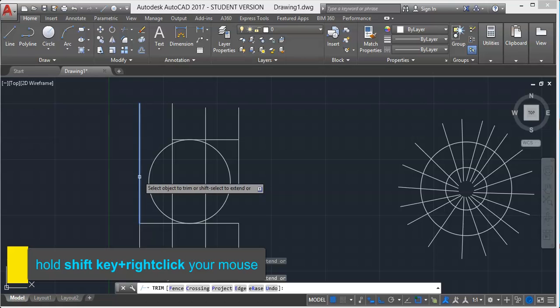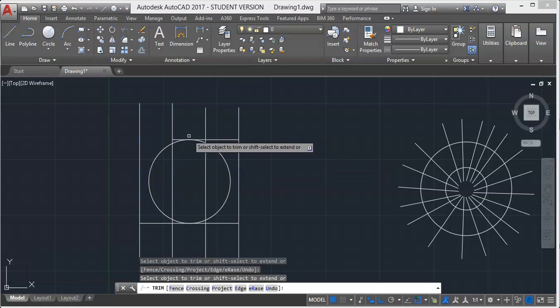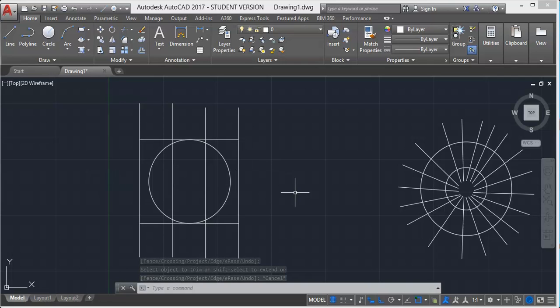So press the shift key and click this line to extend and this line to extend. In this way you can use the trim command as an extend command. I hope you have understood how the trim command works and the different options available on the trim tool. This ends the trim command.